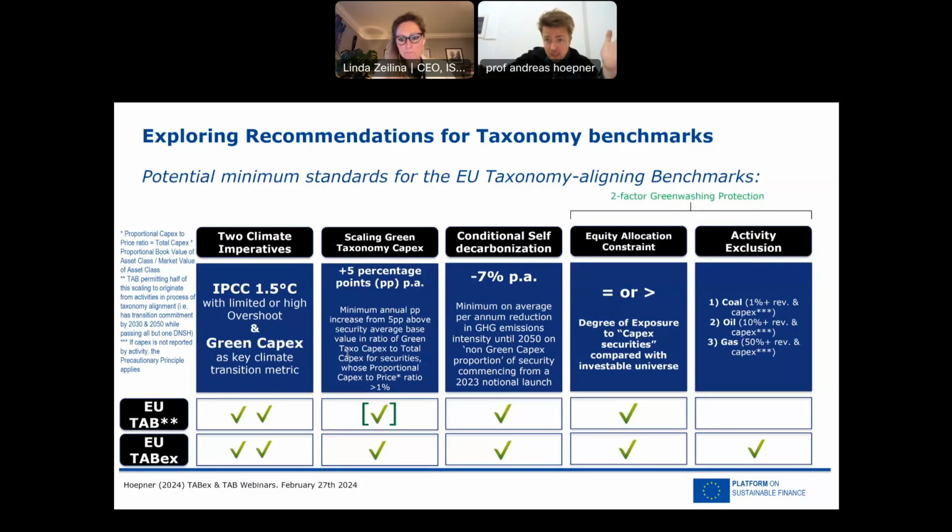Ring-fencing in accounts doesn't work anyway, but at least you have to assure ring-fencing in the legal entity. Then you may get a different perspective on this than the rest of the structure. So in essence, it is CAPEX securities, not CAPEX companies. So individual securities, green bonds, sustainability-linked bonds can essentially deviate in their criteria from the remaining securities of the